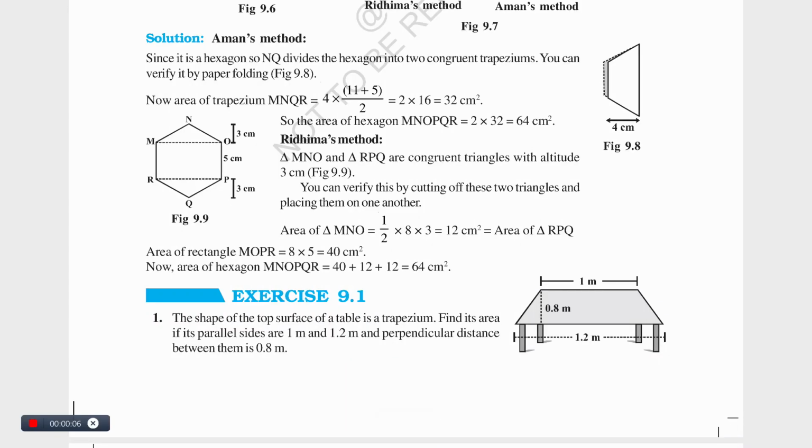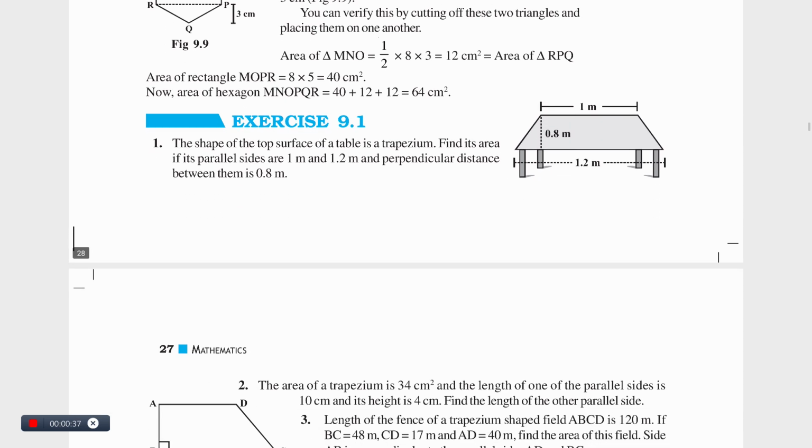Today we are discussing class 8 maths mensuration, 9th chapter, exercise 9.1, the first one. The shape of the top surface of a table is a trapezium. Find its area if its parallel sides are 1 meter and 1.2 meter and the perpendicular distance between them is 0.8 meter. You can see here the trapezium is given, the length of the parallel sides is